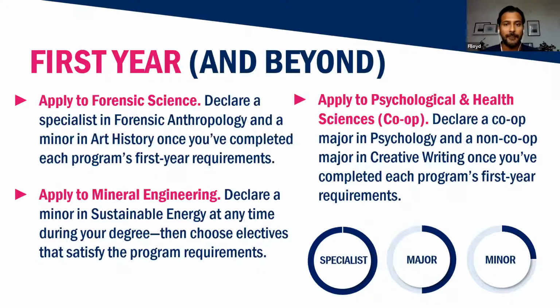When you start your first year, you'll have what's called enrollment priority to your admission category. So students admitted to life sciences get first pick at courses in the life sciences. Once those students have selected their courses, we then open life sciences up to the rest of the Faculty of Arts and Science, or U of T Mississauga or U of T Scarborough. So students who are not admitted to life sciences can then go in and take those programs.